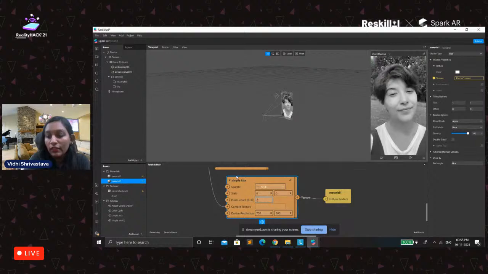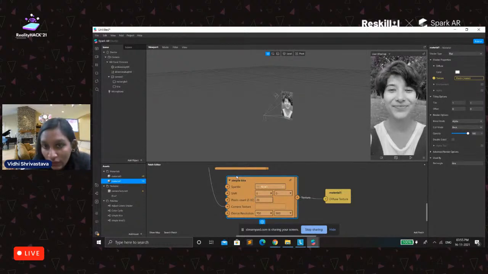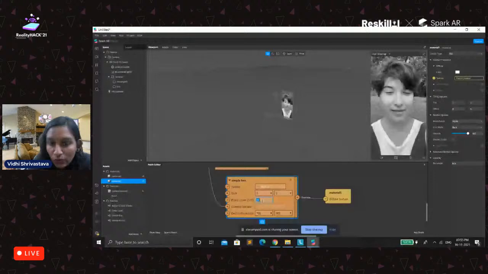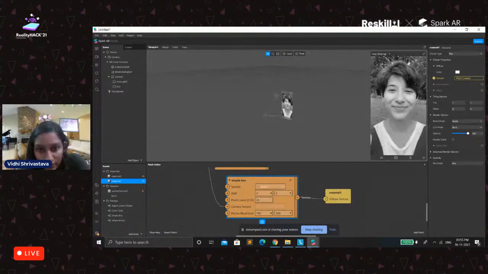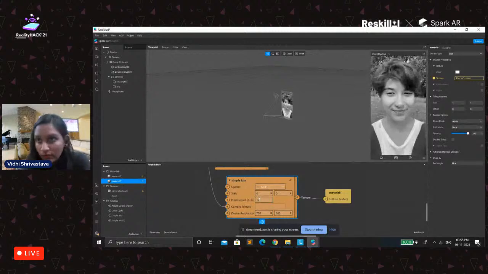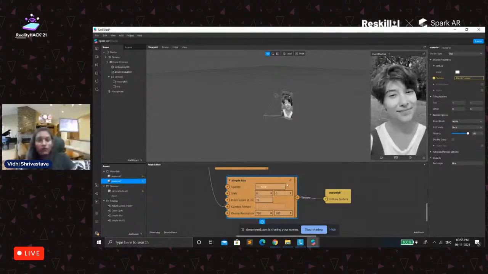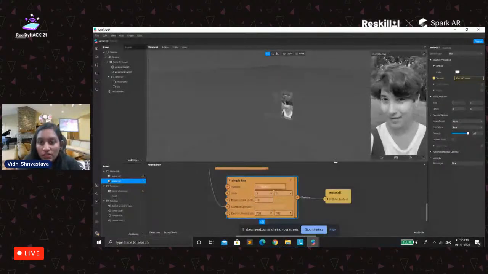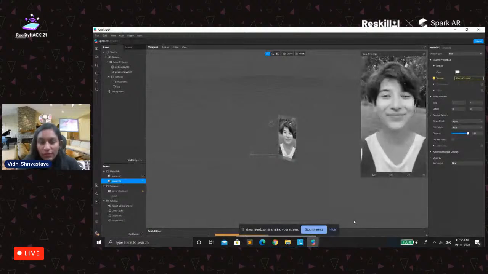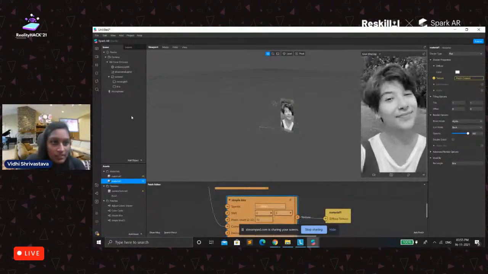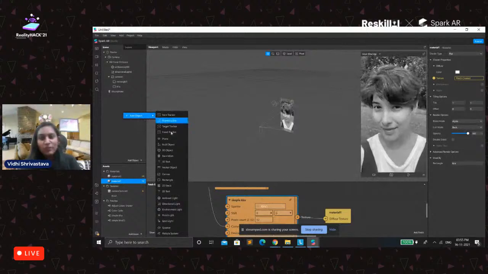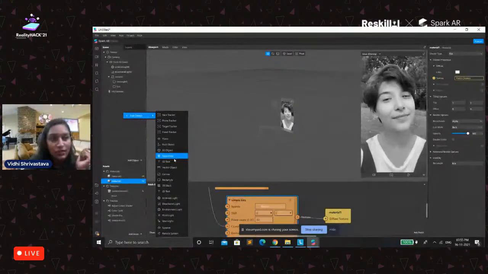So we can give the pixel count as 20, or if 20 is too small, then let's go for 10. And then we can even go with 12 also. Okay, so this is fine. So this is the basic simple Kira effect. And what you could do is just add a face tracker, and let's make our face more smooth. So we will add a face mesh directly.